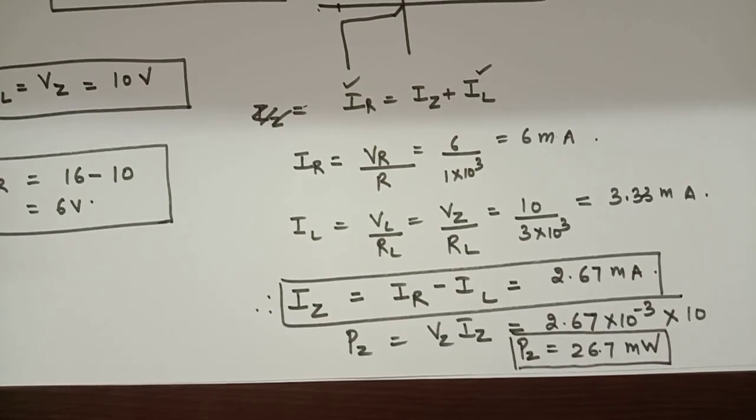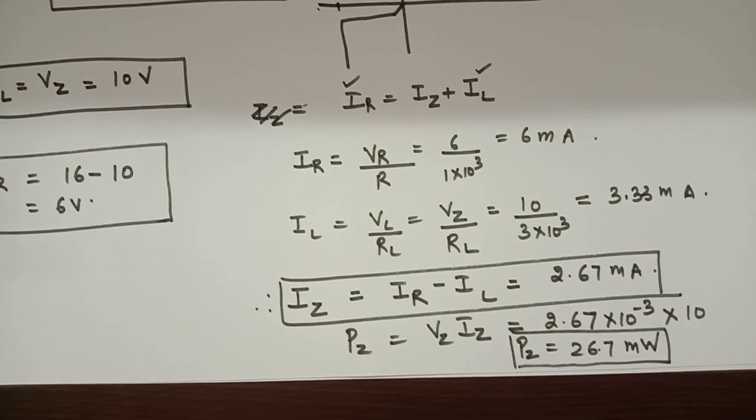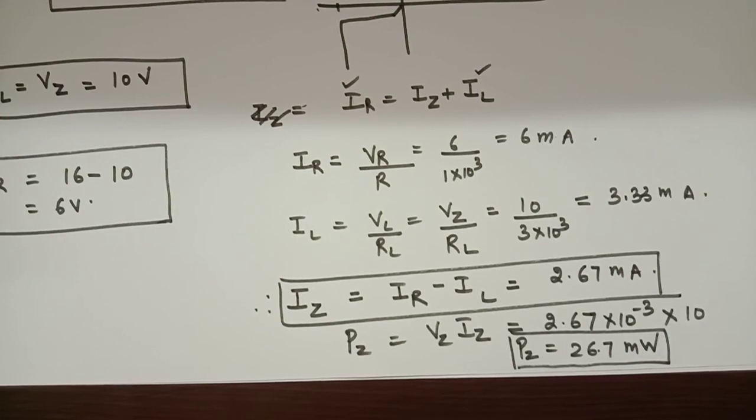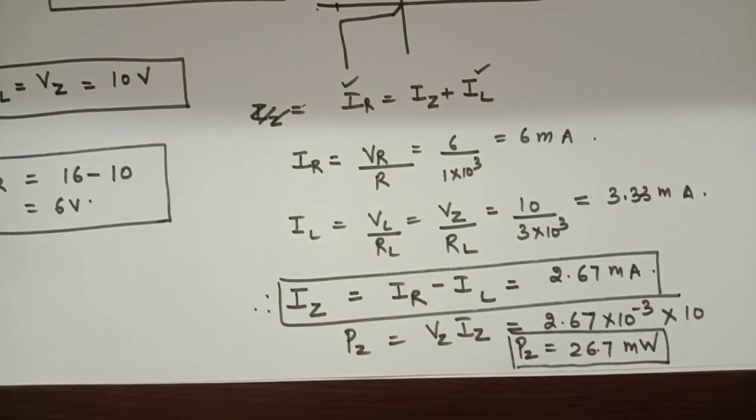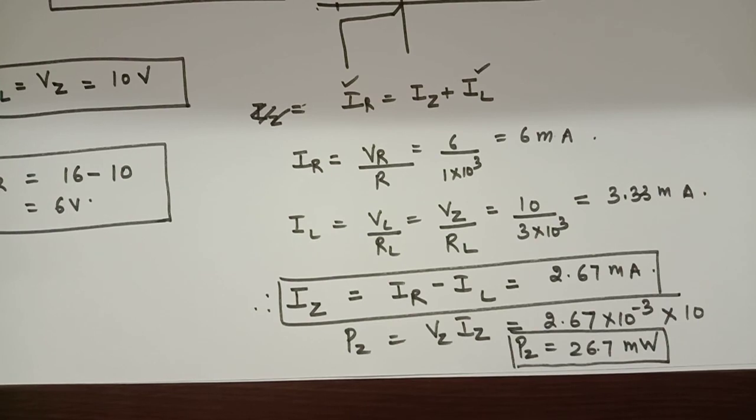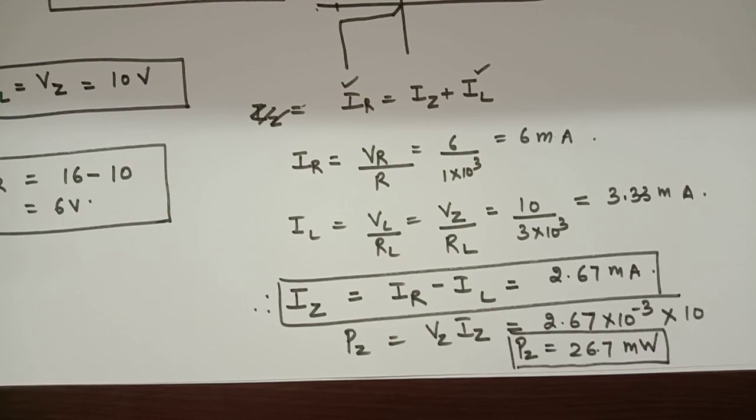Always remember, when you come across a Zener diode network, you will always have to proceed the numerical with the voltage divider rule in any of the three cases, whatever case you must be asked. So despite the fact that which type of case the Zener diode network has, you will have to write the 3 equations. If you fall into a state of confusion anywhere in between, you can draw the characteristic and see whether my diode is on or off. And you will have to proceed always with the voltage divider rule. These 2 things will be common in all the numericals. So we'll see other numericals in the second part. Thank you all.